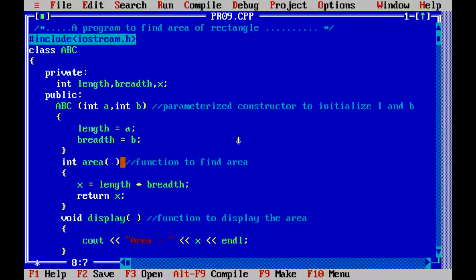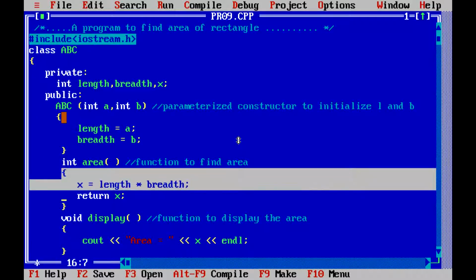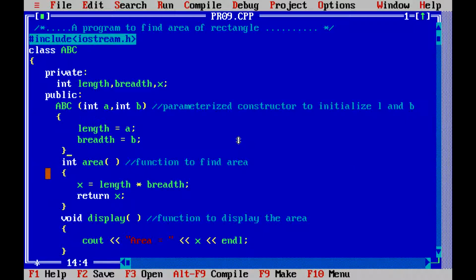Then we define one member function area, which has return type integer. x is equal to length into breadth. So x is used to store the area of the rectangle, and the formula for area of a rectangle is length into breadth. Then we use the return statement which returns the x value. So this is a normal function, integer area, and this is the constructor.